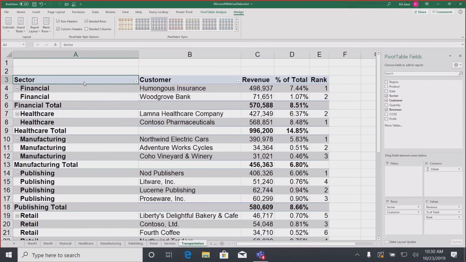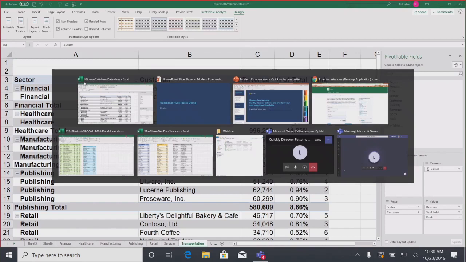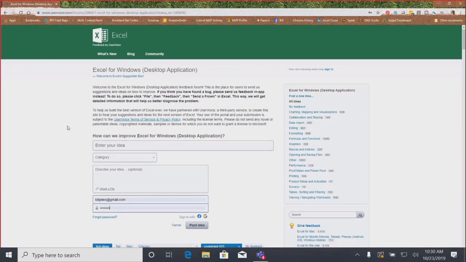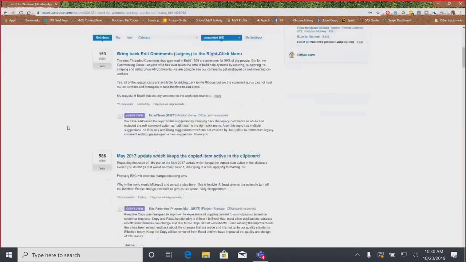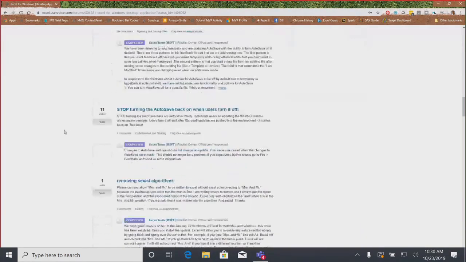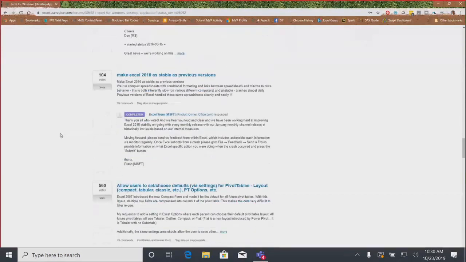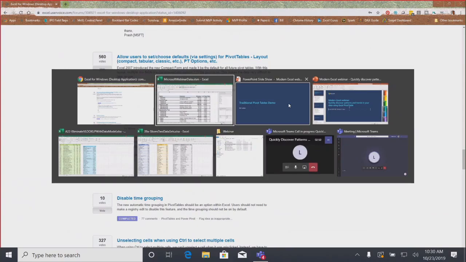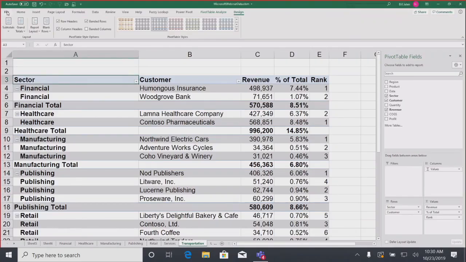And finally, it's funny, they wouldn't necessarily listen to me, but they sent me out to this website called excel.uservoice.com. And they said, write up your idea and see if anyone else votes for it. Sure enough, down here, allow people to set or choose defaults for pivot tables, 560 votes. But it didn't take that many votes. Somewhere around 200 or 300, they called and said, all right, we're going to do it, but we're not going to do it the way you want to do it. We think it should be broader than that.